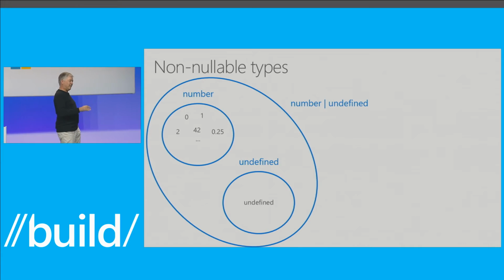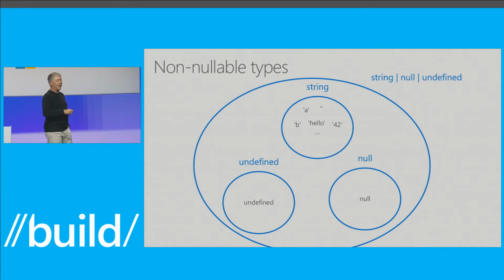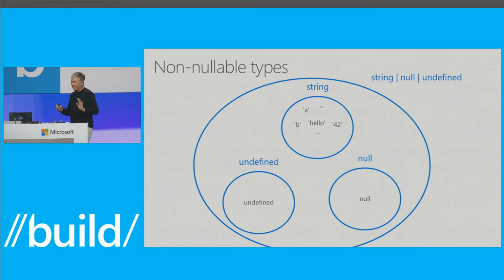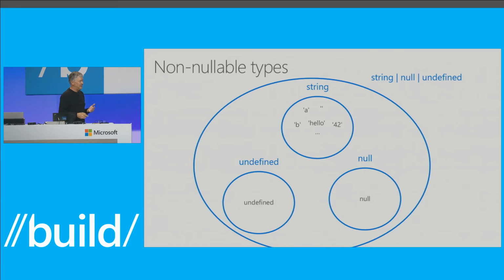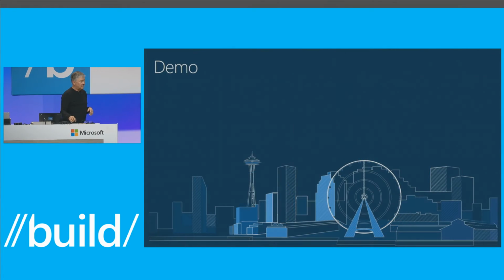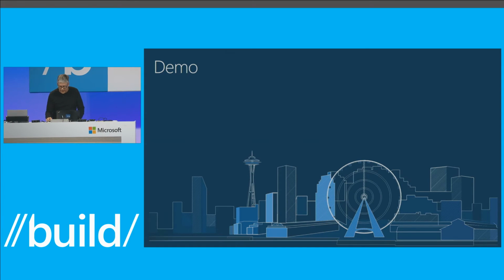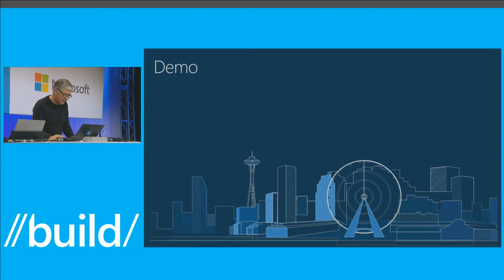So if you want to have a thing that could be a number or undefined, you just write it as a union type. Likewise, if you want to have a string, but also allow someone to pass null or undefined, you just union them together as string or null or undefined. That's, in a sense, the crux of all of that work. That's really the foundation that it rests on. So let me try to show you what that looks like in the real world here.